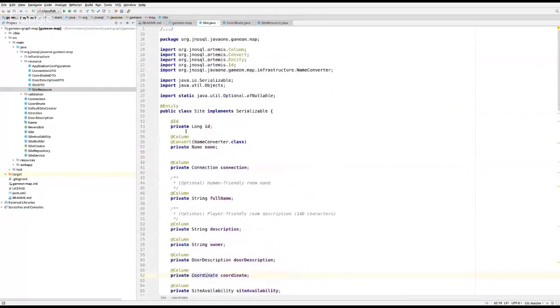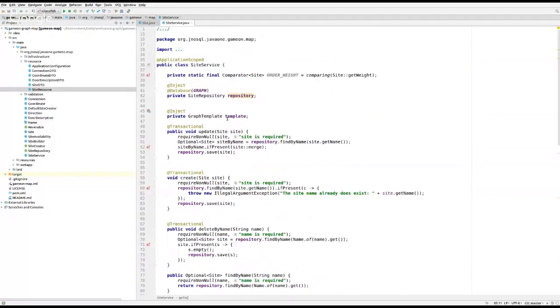If you go deeper here, the first one is the site service that injects a graph template. What is a graph template? I believe everybody knows what the template method is from design patterns. That is exactly the mindset, so it's a kind of template method.